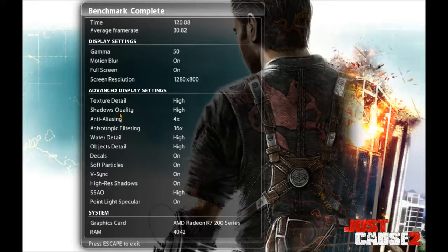As you can see, I did put everything on max. I put it on the max it would let me put it on. Actually, anti-aliasing, I don't think it was on max. For some reason it didn't let me put anti-aliasing on max, it went to 4, it went to 8, but then it just glitched and went back down, so I just left it. So my average frame rate was actually a bit better, because it stayed on 30 more, but with the last one,